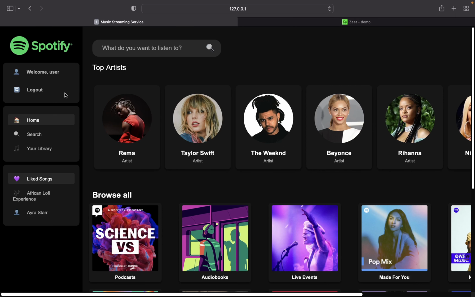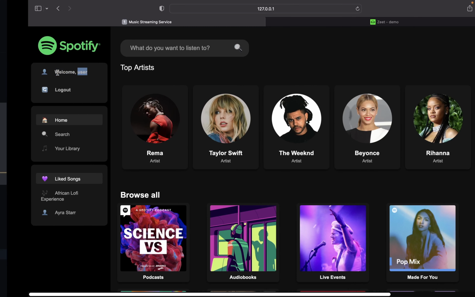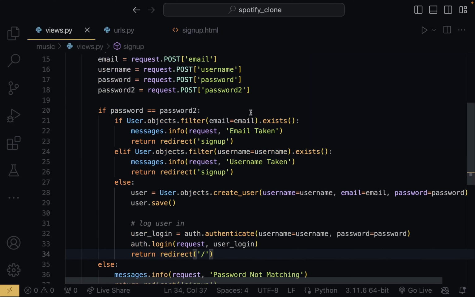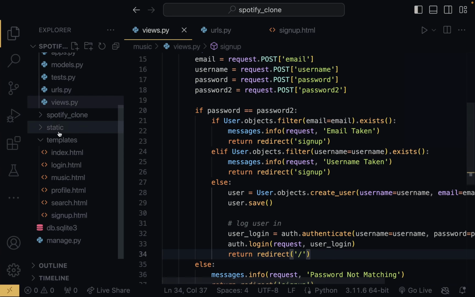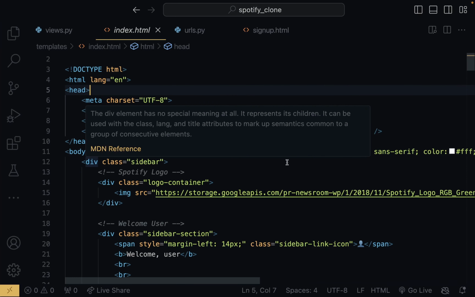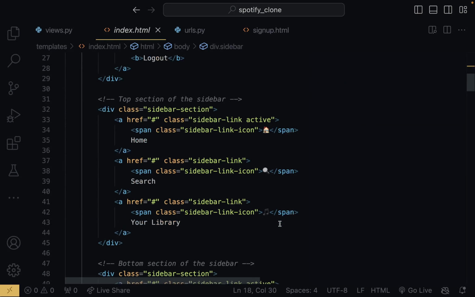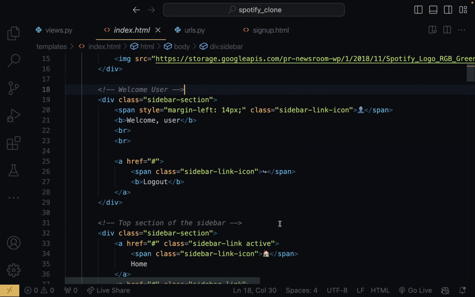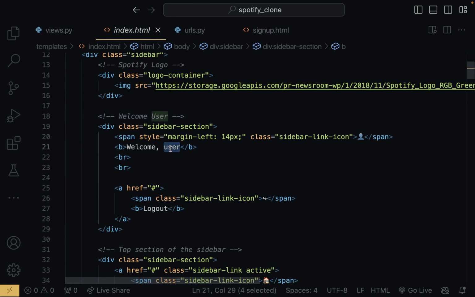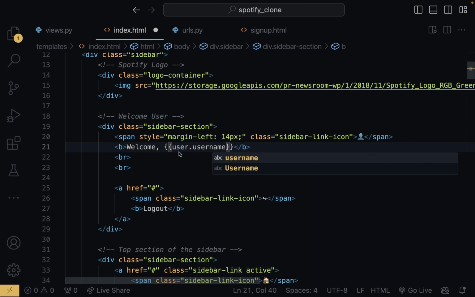What I'm going to do is put a specific message here that says welcome user. So instead of user, I'm going to put the user's username. To do this is actually very simple and just going to take a few seconds. So open up index.html, and right here where we have welcome, scroll to where we see welcome user. You just need to do user.username. So you need to have two curly braces,